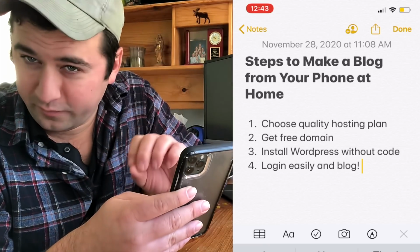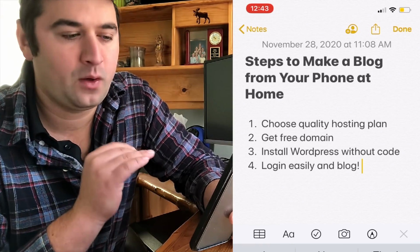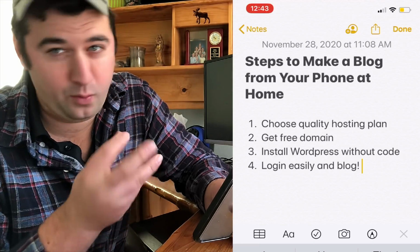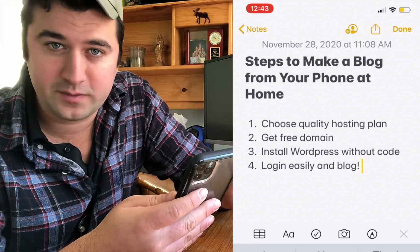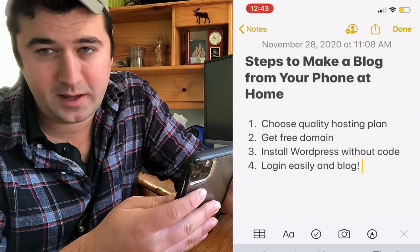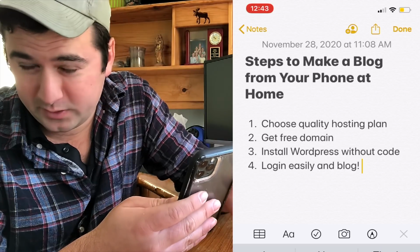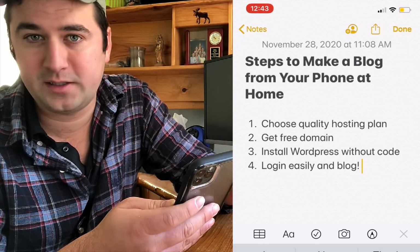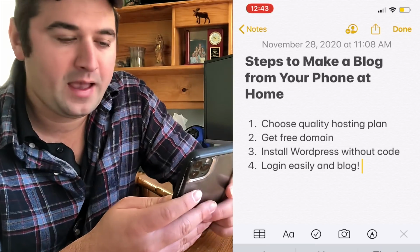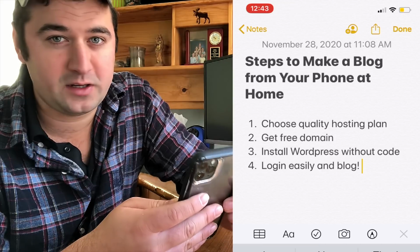All right guys, so the first step we're gonna do today is choose a quality hosting plan. What is hosting, aka web hosting? Web hosting is just the space where your blog lives. It's where your articles and images and videos are stored. Every blog needs hosting, so all the blogs we talk about, all the blogs we read on a daily basis are hosted somewhere. And if you don't have hosting, when you visit that blog, it's just gonna look like blank